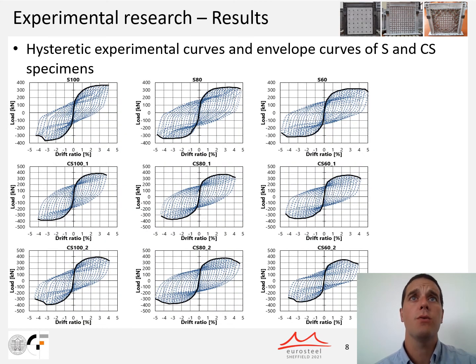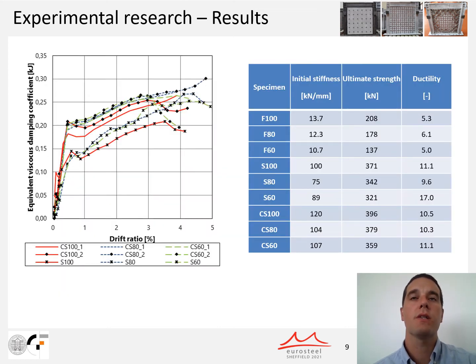Hysteretic curves of steel plate shear walls and composite plate shear wall specimens were also compared. It is observable that composite specimens show less pinching in the second and fourth quadrant as a consequence of the reinforced concrete panel application, which prevents buckling of the steel infill plate and in turn allows for transfer of compressive stresses. Anyway, composite curves show more pinching than expected, which was the consequence of the steel infill plate bearing resistance failure. However, if energy dissipation capacity is calculated, it is clear that in spite of the unwanted failure mechanism within the steel plate, a reinforced concrete panel increases the ability of the system to dissipate energy.